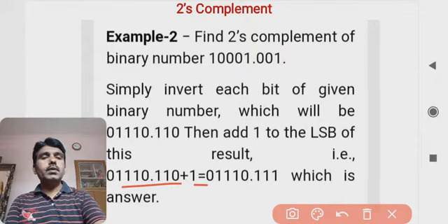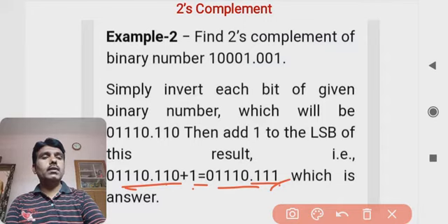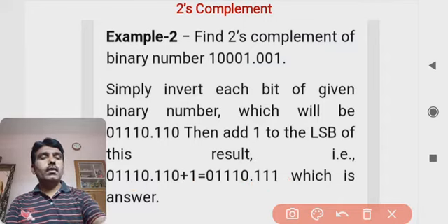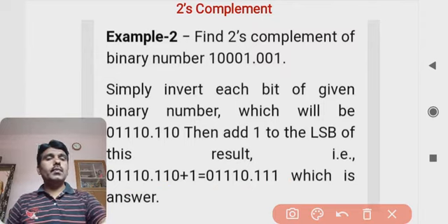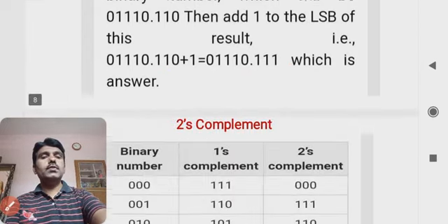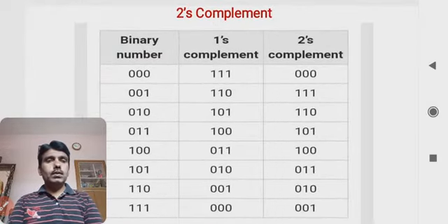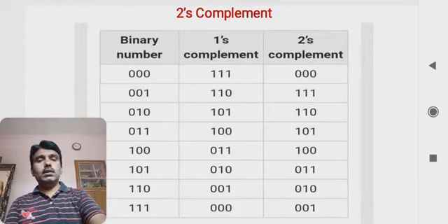That means here you have to add 1 plus 0, that will be 1 here, and the rest stays as it is, 1 1 point 0. So into the LSB you have to add this 1 to get the 2's complement. So be careful while doing this, and in this way you can convert to 2's complement. So here is another